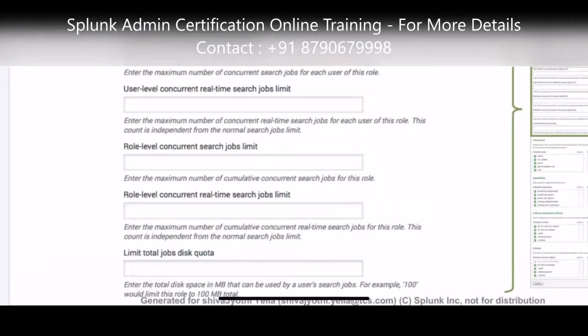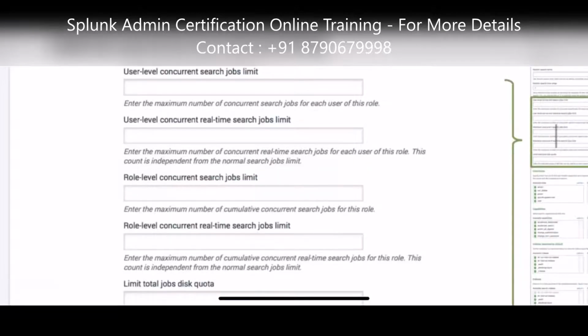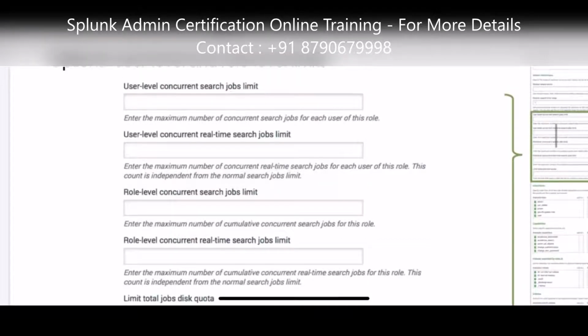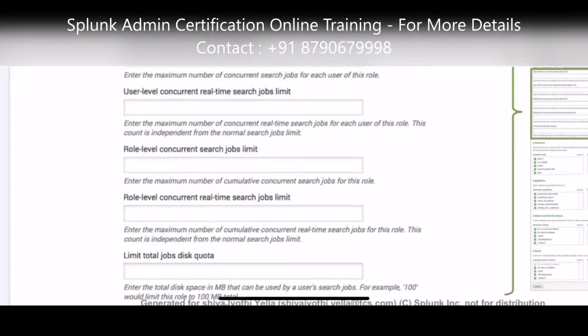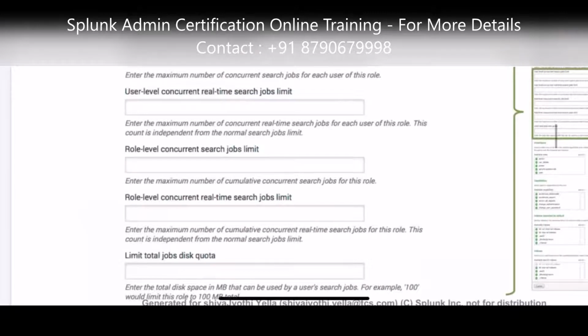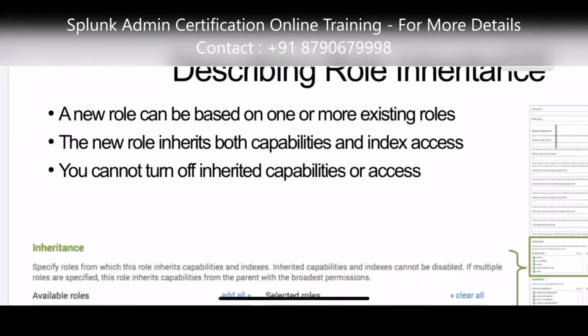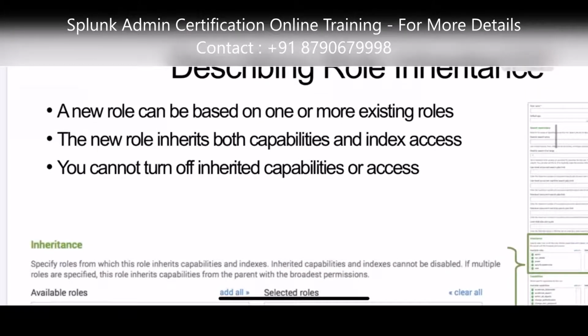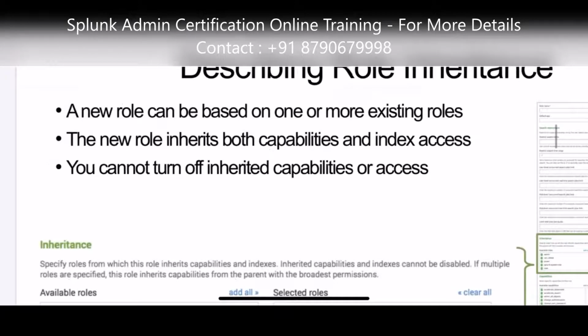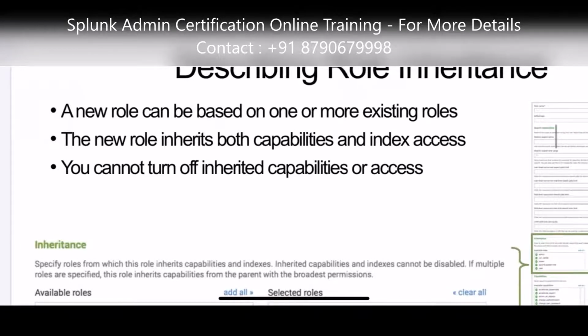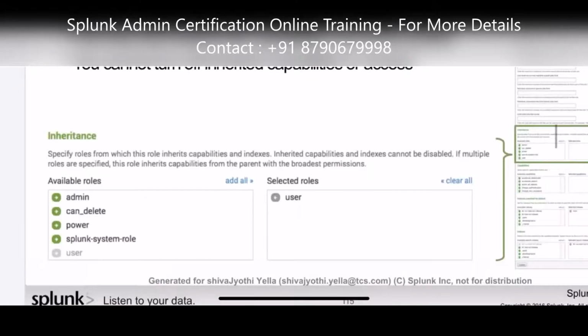Otherwise they will put too much load on the system. Definitely our system will get slow and performance will be degraded when other users are trying to search anything. So usually we don't encourage users to run more and more searches. We ask them what they actually require, and we create dashboards or reports based on the requirements.